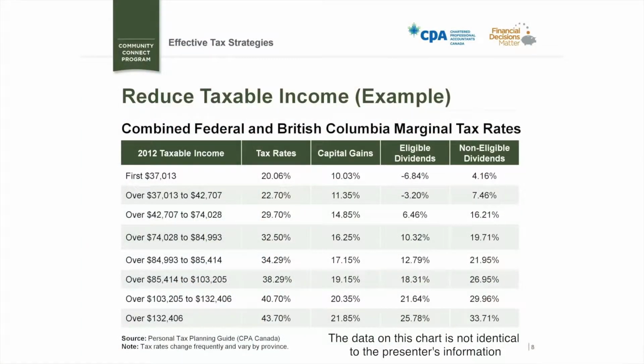Now, this is a very important table to illustrate the graduated tax rates, because people do not always understand that. For example, if you're a fortunate person that's making over $132,000, your tax rate is not 46% in total, because everybody pays at the various graduated rates. It's an average of all the rates going through the various tables. So the 46% person has more of an average rate of something in the 33% range, but every dollar that that person makes over $132,000 is taxed at